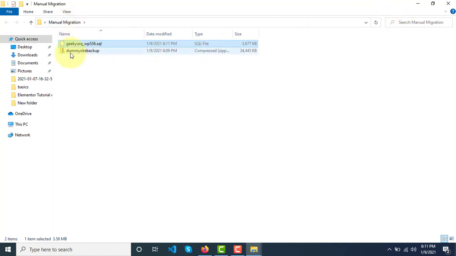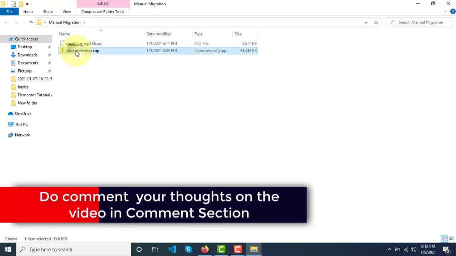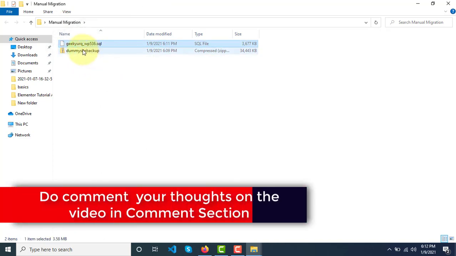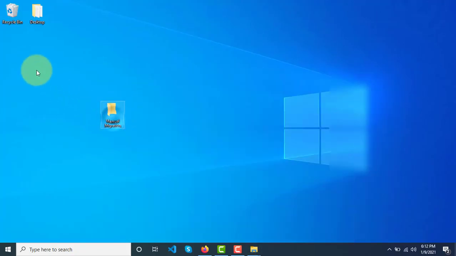In that we have saved our website backup and database file, right? These are the two things that we'll need for the migration. Let's keep it here, and now the first step is completed.